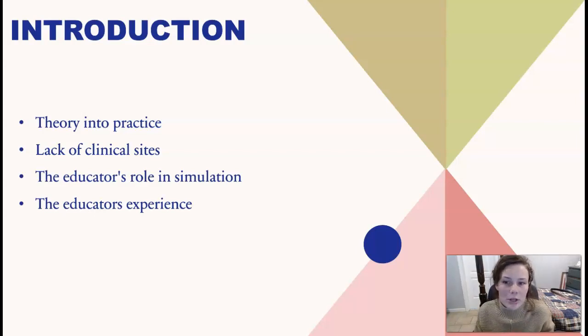My paper's aim was to show how that educator's experience is vital to the learning outcomes of students in simulation setting, and how can educators improve these learning outcomes, and what are the components that simulation includes that need to improve these outcomes. So educators' experience in the simulation setting really makes a difference,